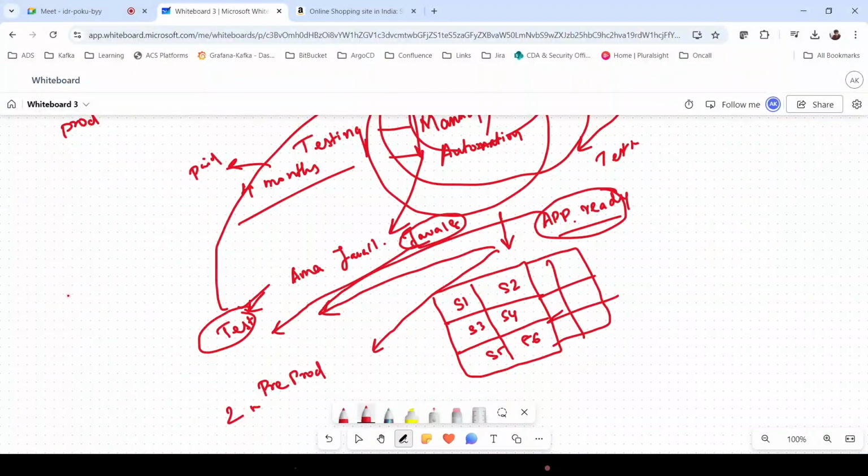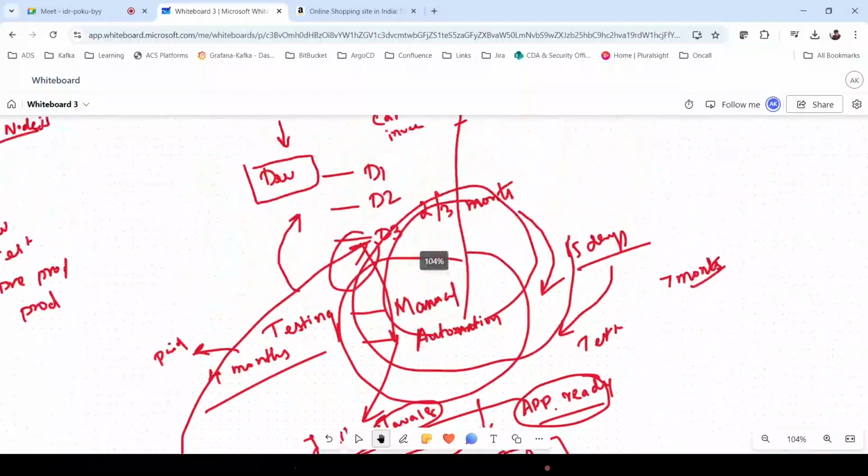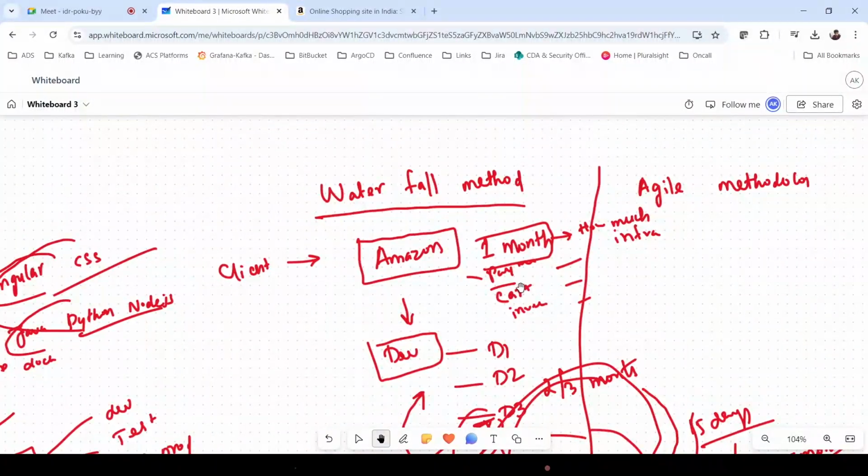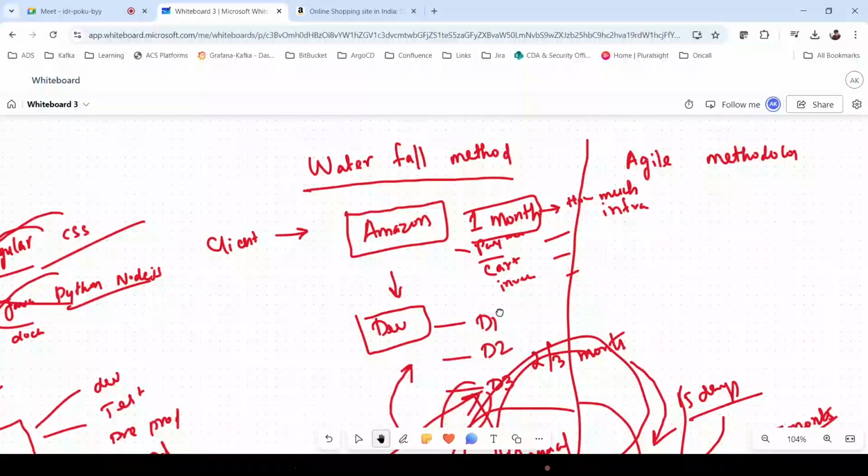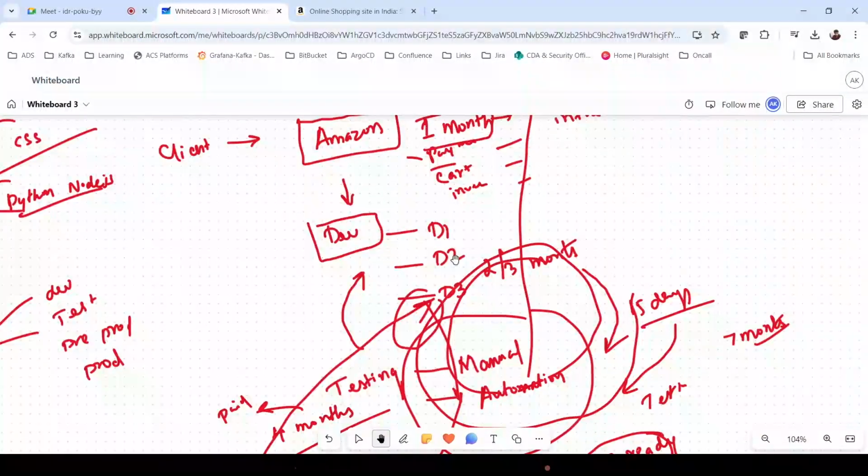Meanwhile the client has a new requirement. Initially he said he needed payment, cart and inventory. And now he needs some new option, like adding voice assistance.